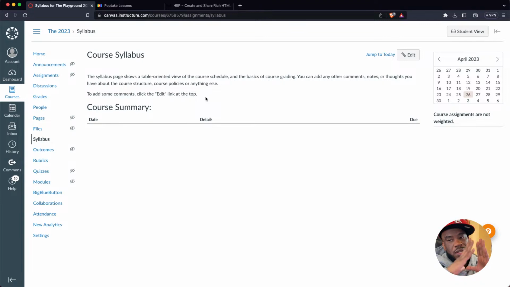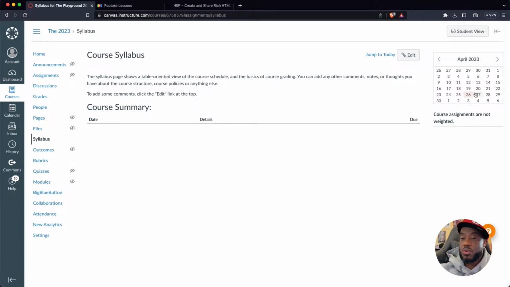So the course syllabus is what I would make my home page if I were you and just starting out. If you're thinking about what your course looks like next school year, this is, to me, the most important page. Multiple reasons. First of all, that course summary. As I alluded to in the other courses, it shows all of the assignments that a student is asked to do. And as you add assignments, they will automatically be filtered into this particular place.